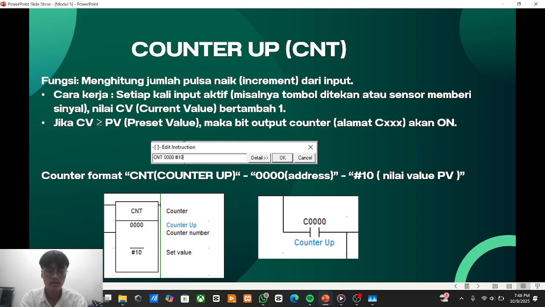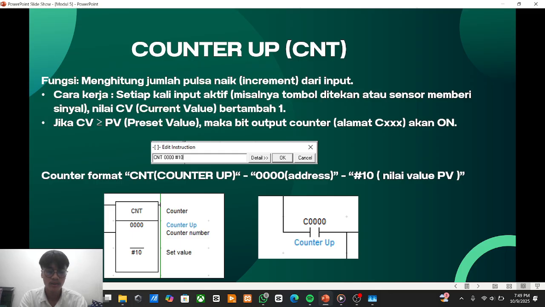The counter increments its value each time an input pulse is received. When the counter reaches the preset value PV, which is the target set by the user, the output of the counter is activated.